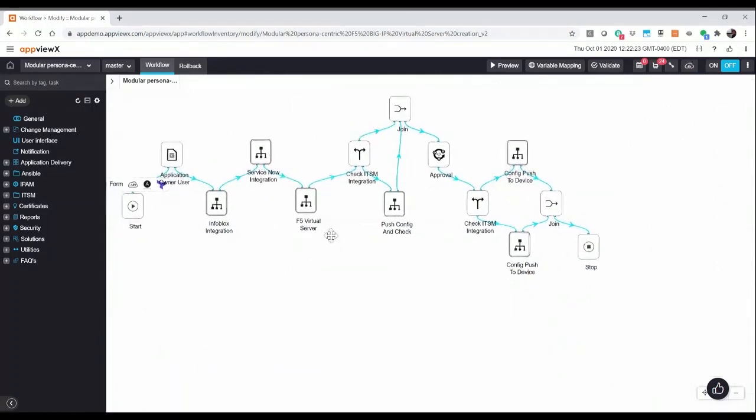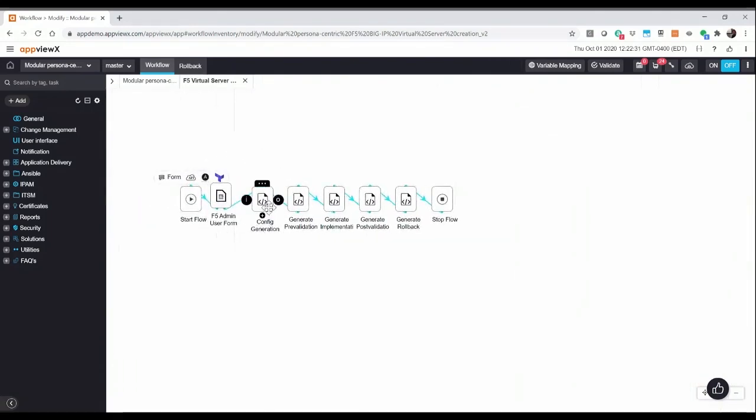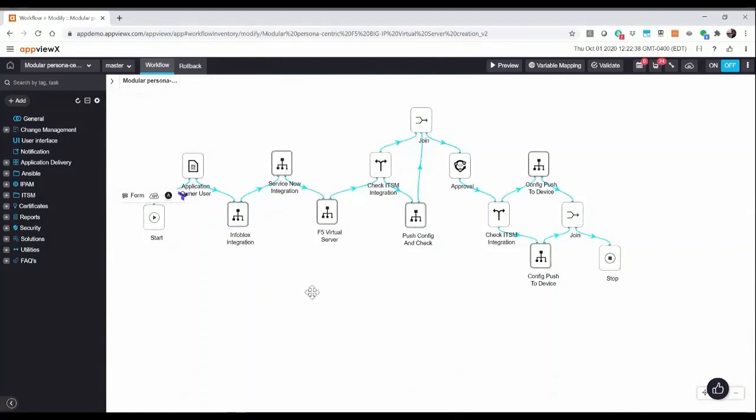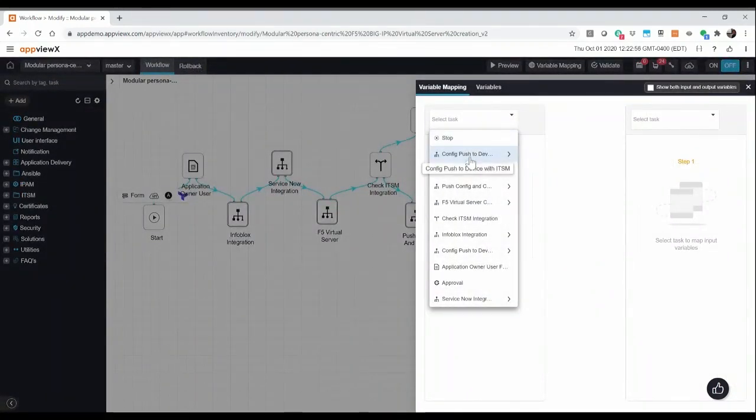Like that, F5 virtual server creation could be a flow, and this actually is a flow in itself. Within that, it has configured pre-validation, post-validation, a whole bunch of stuff. Like that, you can have different blocks defined. You could have an LTM creation, a GTM creation, an app creation. All you have to do is drag and drop and map the variables. There's a simple variable mapping that you do,